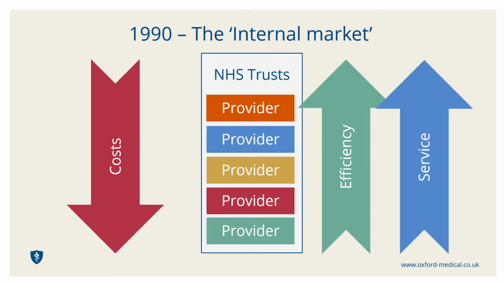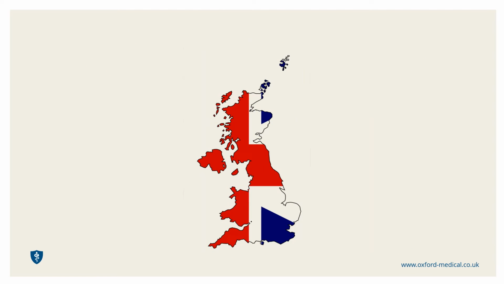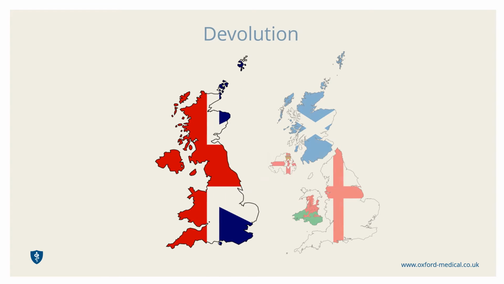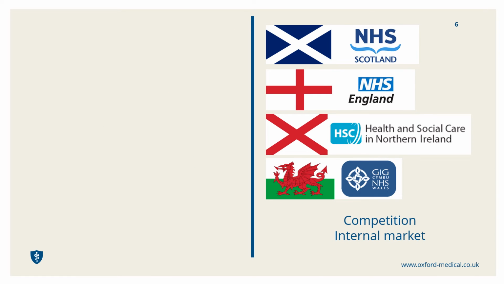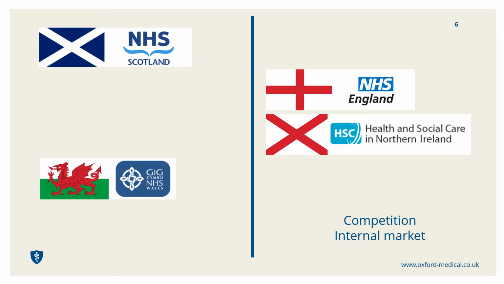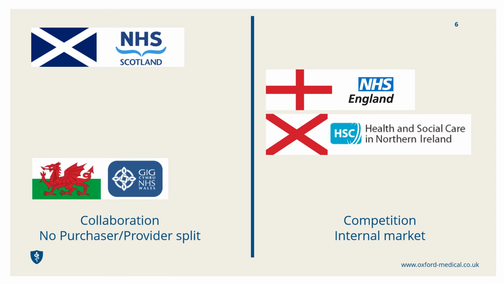Following a change in government to Labour during the 1990s, devolution within the UK led to the creation of the Scottish Government, Welsh Government, and Northern Ireland Assembly. Significant powers, including control of healthcare, were passed to the administrations of the relevant nations which make up the United Kingdom. From this point onward, the development of healthcare provision in the four corners of the UK began to diverge significantly. By 2010, both Scotland and Wales had moved away from the internal market approach for the NHS, creating new systems where hospitals and decision makers all worked collaboratively.